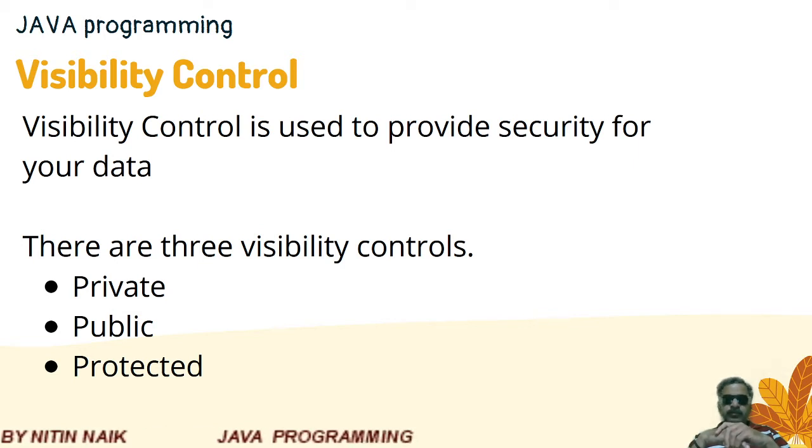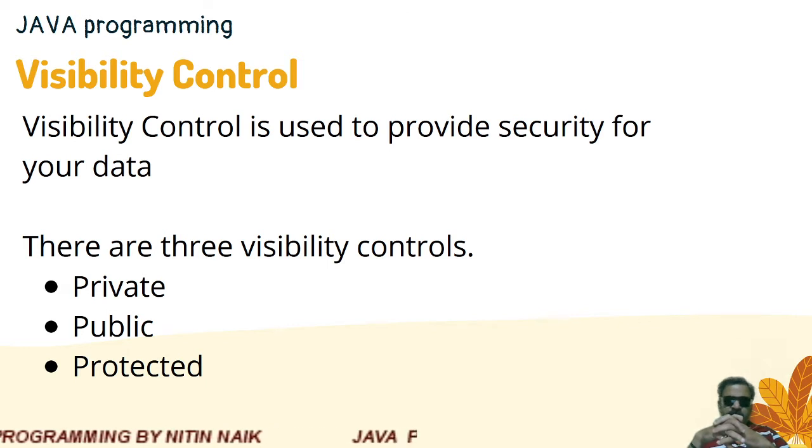I think all of you are aware of this, that these things are called visibility modes in C++. Now what is visibility control? It provides security for your data. As you know, in C++ the variables or members which are declared under private visibility mode cannot be processed outside the class definition. You can process these members within member functions of a class, but not outside the class definition.